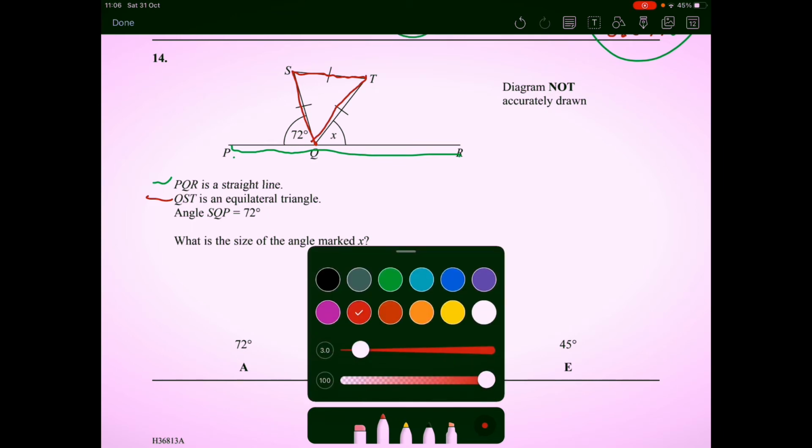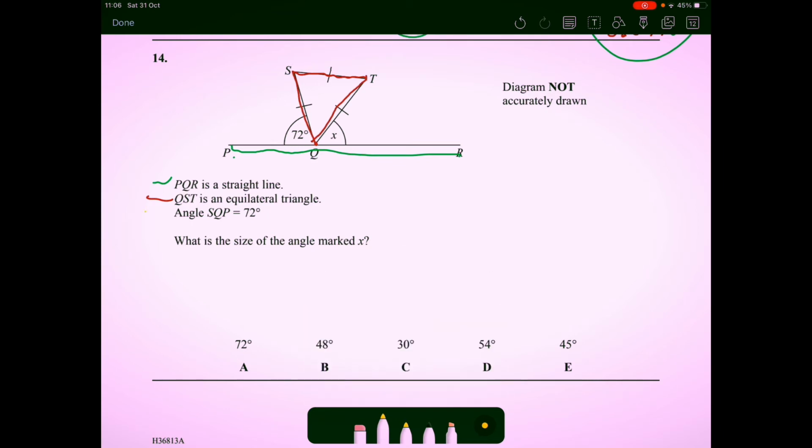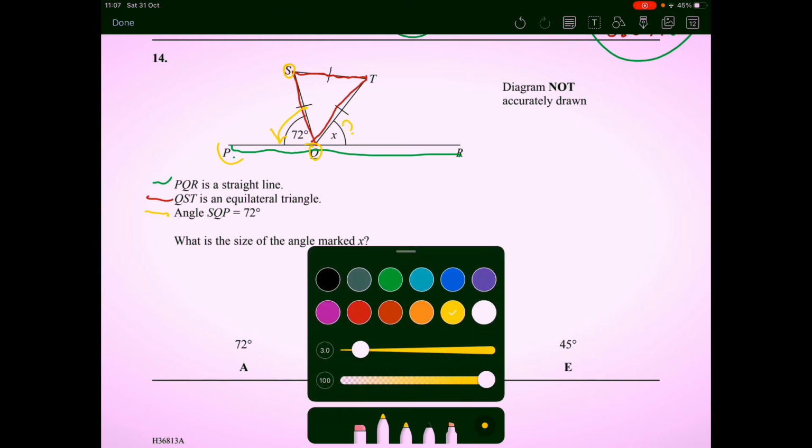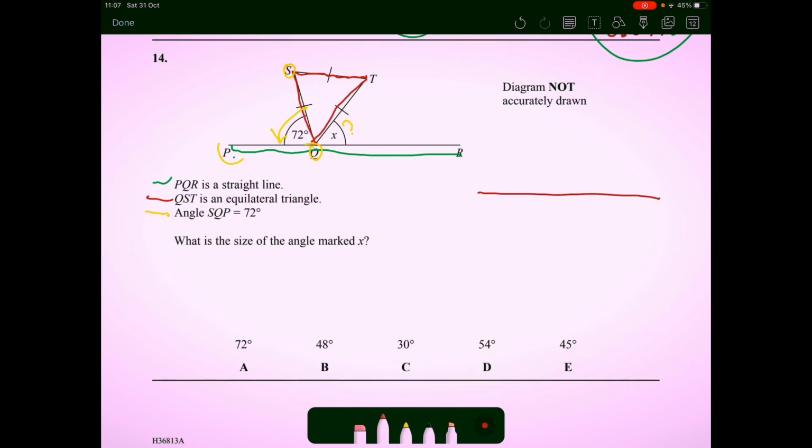So we are talking about from S to Q to P. So we're talking about that angle inside there, 72. So it's already given to you on the diagram. What is the size of the angle marked X? So you've got to try and find that angle there. What do we know already? Well, angles on a straight line